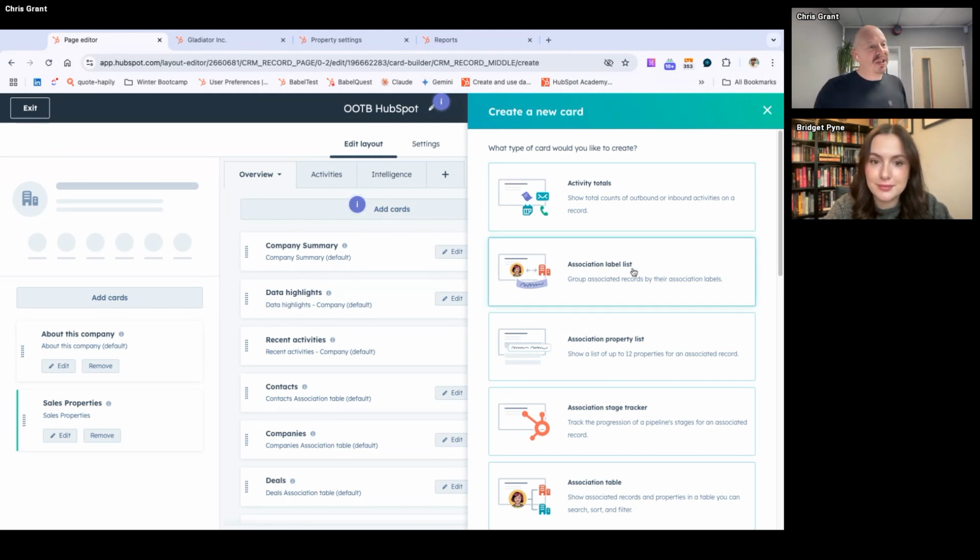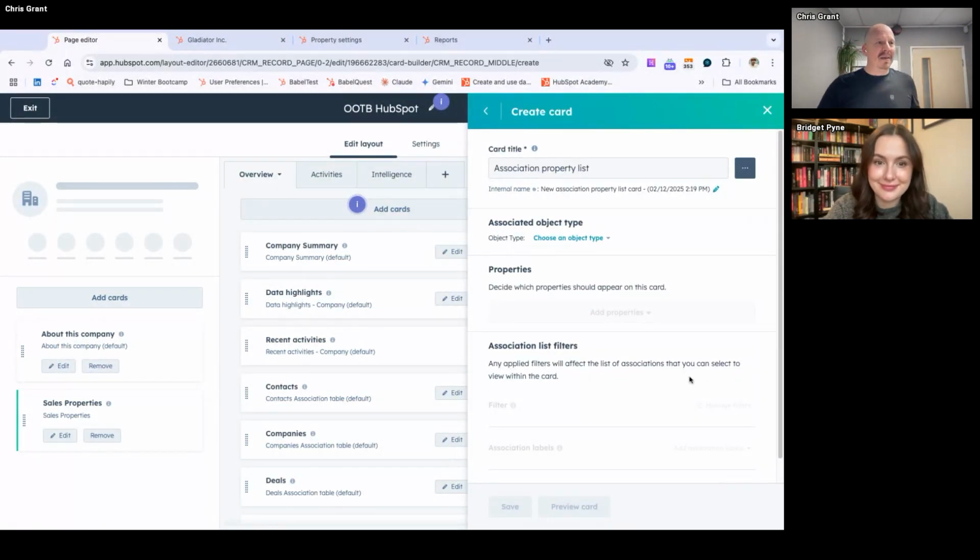Activity totals, association labels. Here's one that a lot of people don't know about, which solves a problem we hear a lot: my team work out of the company object. I need them to fill in contact properties, but they never do. So here's an association property list.